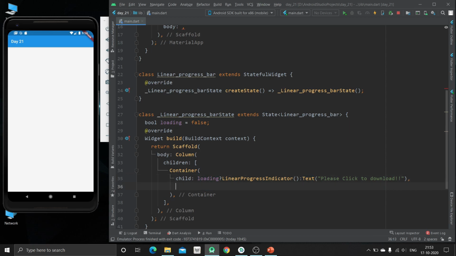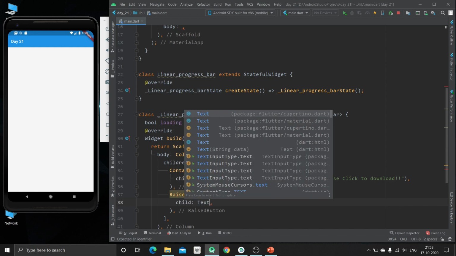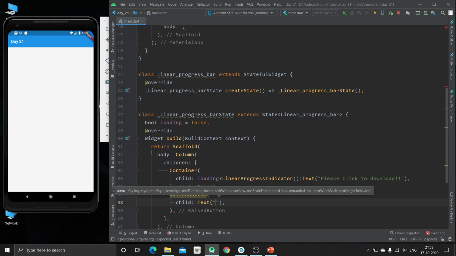So what we are going to do now is create one button. For that we can use any button. Okay, here is one raised button. Inside this we are going to create one child, and inside this we are going to specify one text, download.